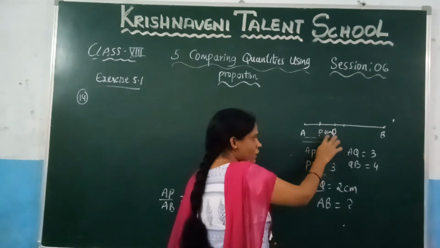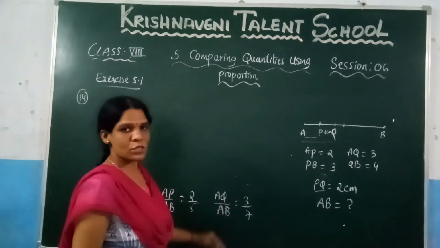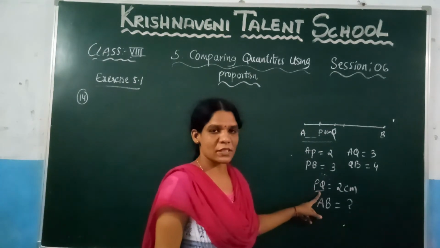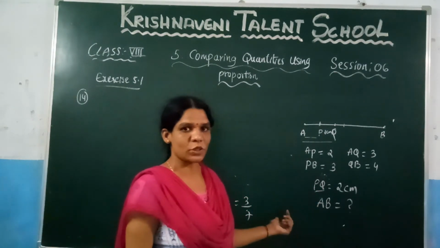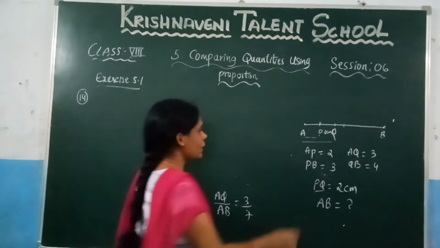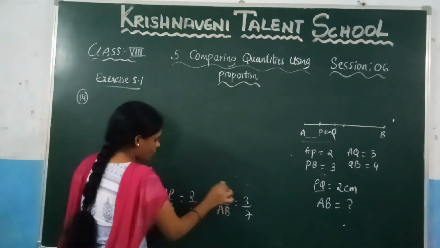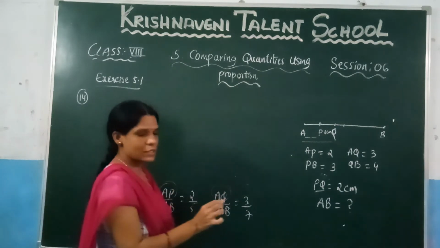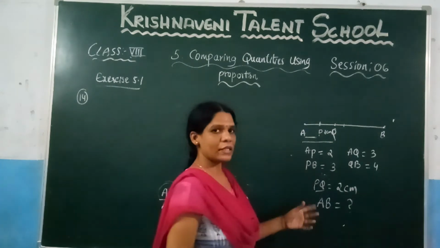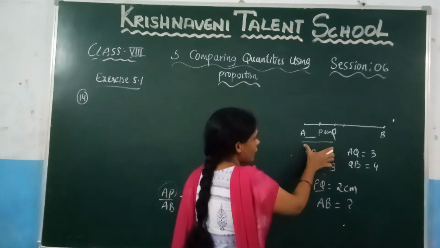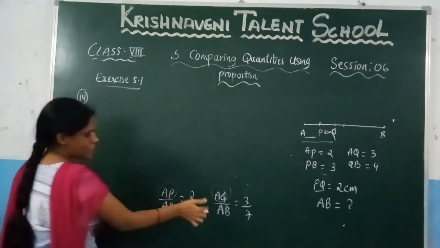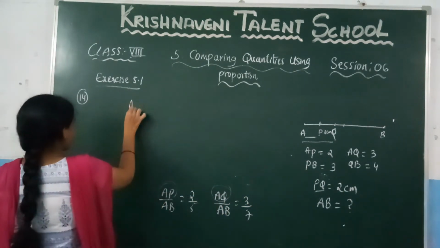Right? Since I know this length, I am subtracting these two values. Why? Because we know the length of PQ. Since we know the length of PQ, what we need to do? These two ratios we need to subtract. Because here AQ is there, here AB is there. Let us see here. This is AQ and this is AP. How will you get PQ? If you subtract AQ from AB, you will get PQ. Right? For that reason, I am subtracting these two values. So what will you get?